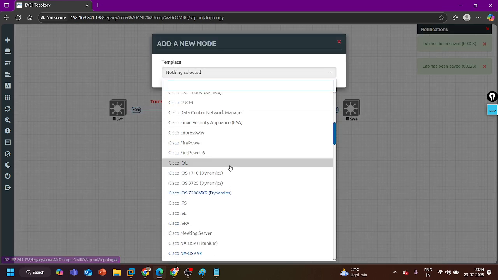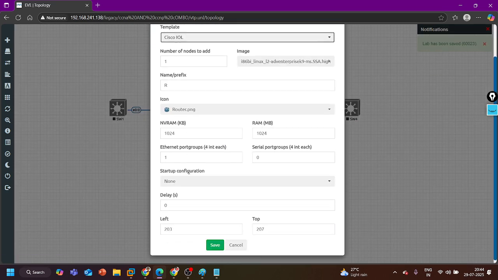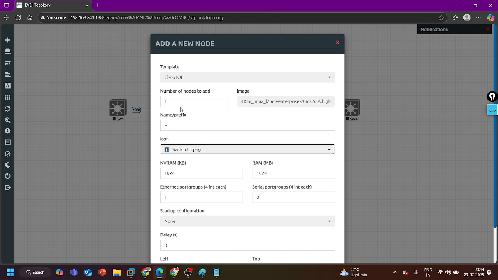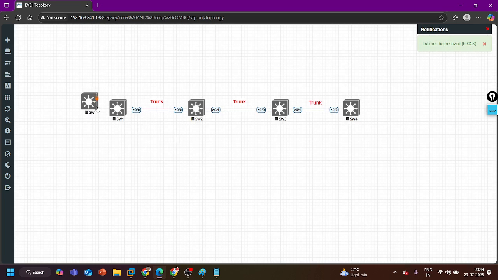And let me use one more switch here before configuring this lab. Let me turn it on. See,